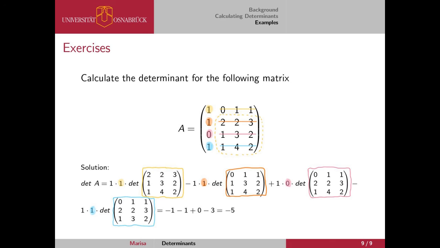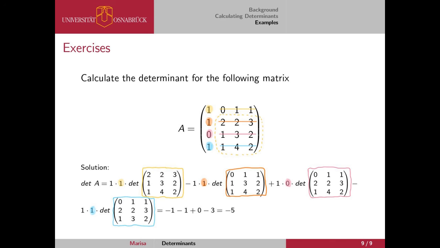And for the orange one, you do the same. So you take the second value of the first column. So we kind of use every value of the first column once, basically. And then you take what is left, but cross out this one row where you took the value from in the beginning,